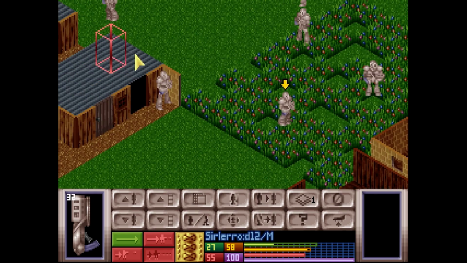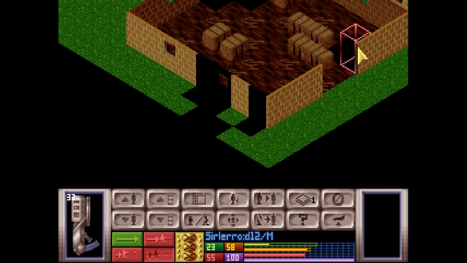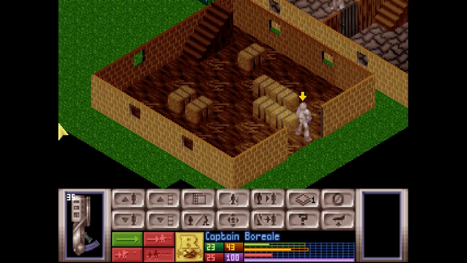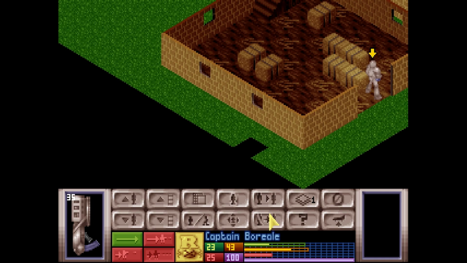Great, so that should hopefully do it for the aliens in this thing. Who's gonna check the bottom? Captain Boreal. Hey, you're new, aren't you? You get to check the barn. And it's clear. Cool. So now we can move in on the spaceship with very little to worry about, because